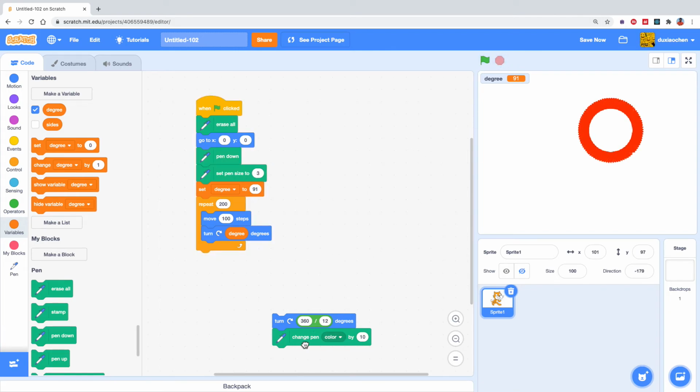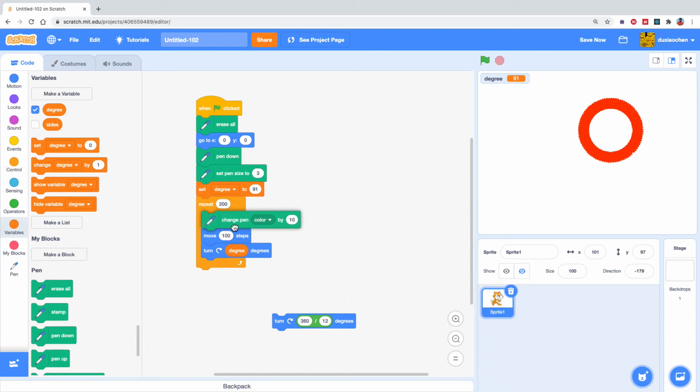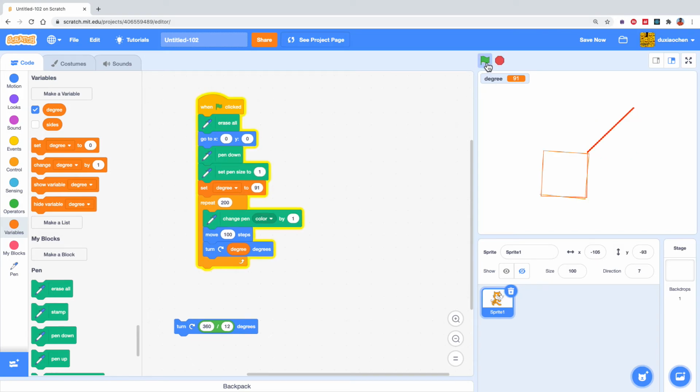Okay, so I want to still change the color a little bit, by 1. And also change the size to 1. Let's run this. So you see this line, we should get rid of